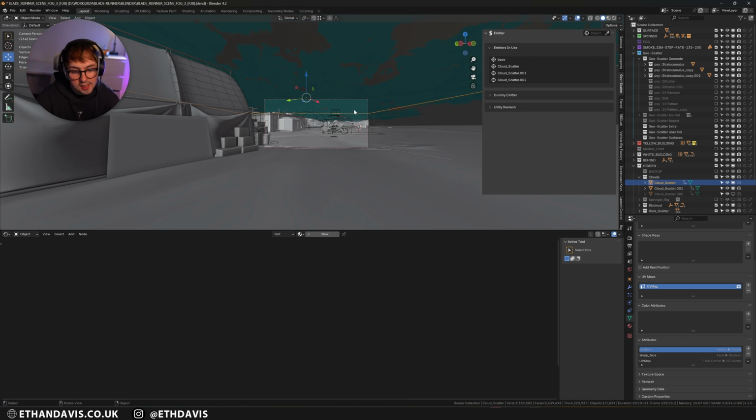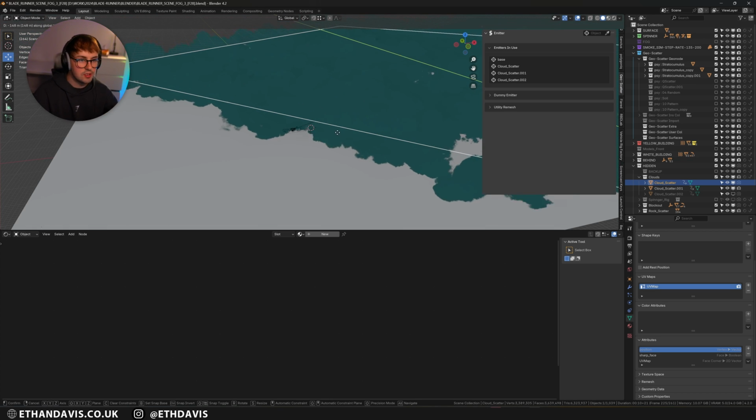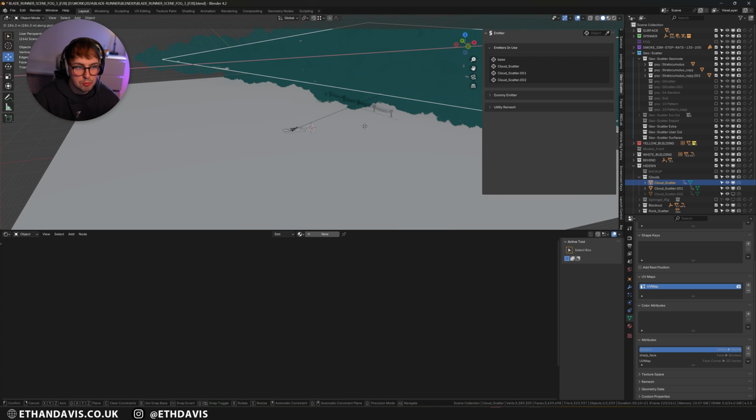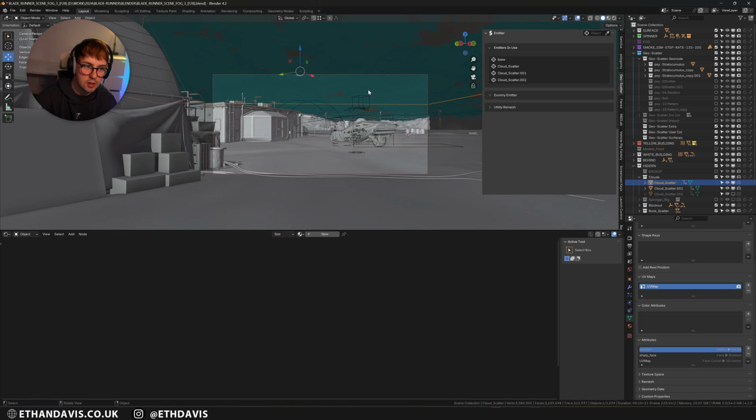Sure, you can get moving HDRIs, but having something that will affect your lighting and add shadows to your scene will add so much. If you have a low quality computer, maybe don't do this. But when you get up to the stage where you don't have to worry about render times, I think doing stuff like this is really handy.